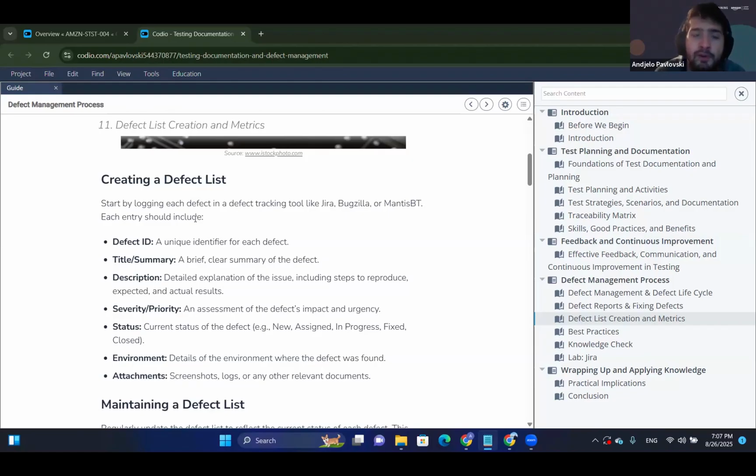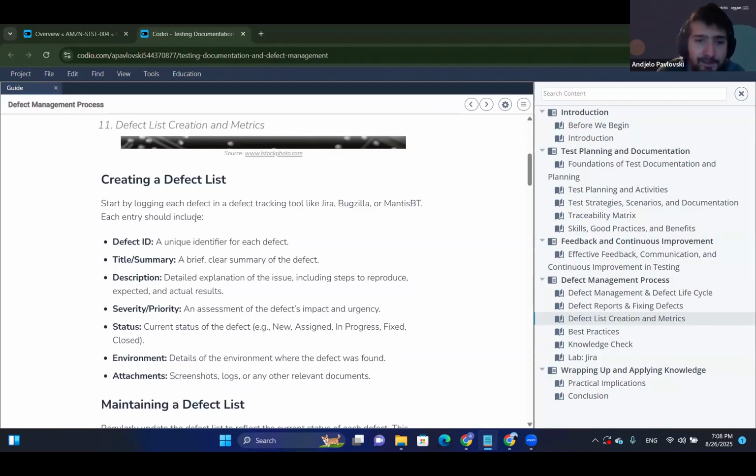Essentially, it is to know what you track them by. So if it's the defect ID, title, so essentially, you can create your list. What are the key building blocks? You have the defect ID, which is the unique identifier, title or summary, which is basically what the bug is about, the description, basically what is happening with the issue, then the severity and priority, how big is the impact and what is the priority. Following that, we have the status, the current status, whether it's new, assigned, in progress,